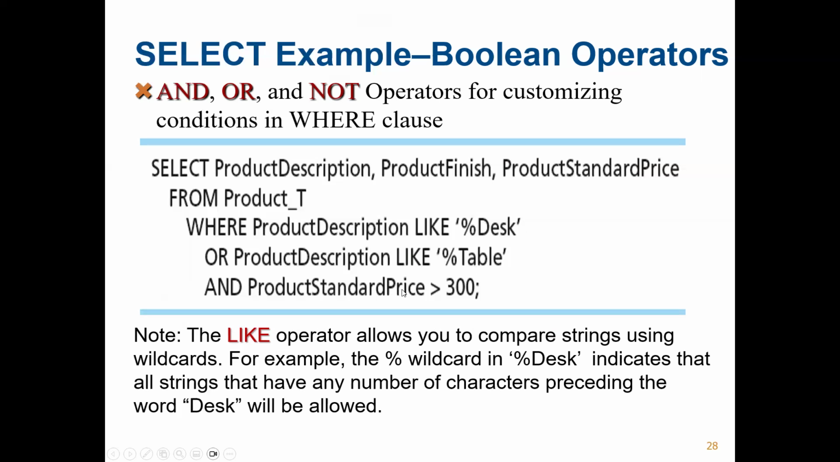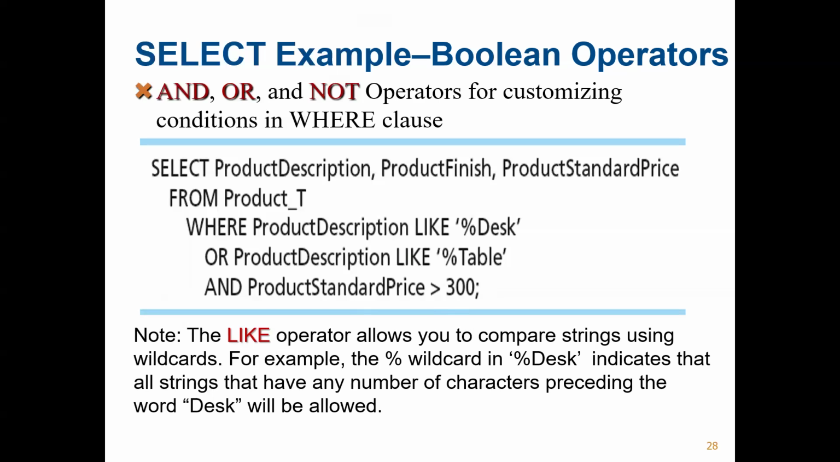And product price greater than 300. Now let's look here. Here we are using or. So it means if the product standard price is... the reason I mentioned product standard, you can see here is AND. So the product standard price must be 300. So if the product standard price is 300 and we have computer table,